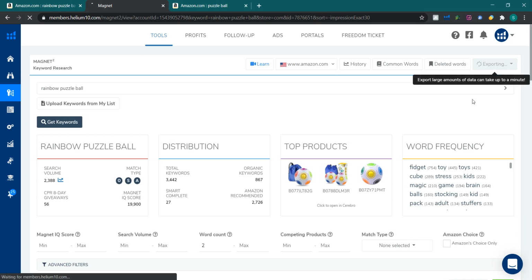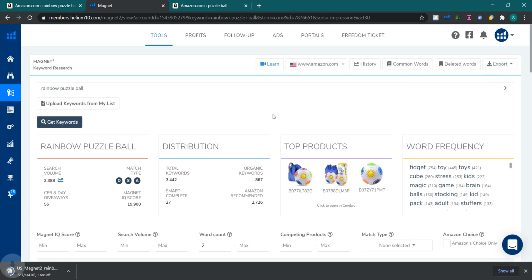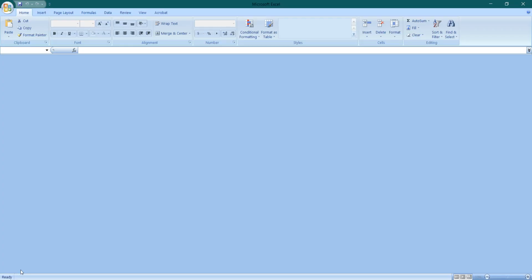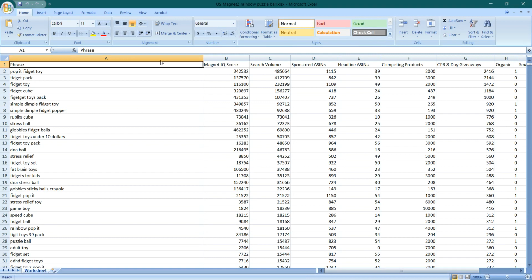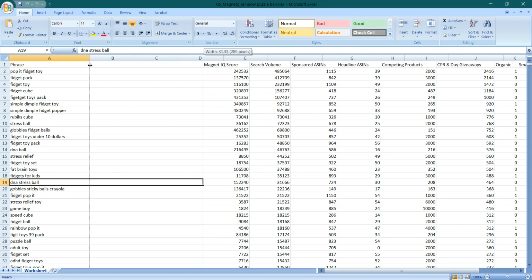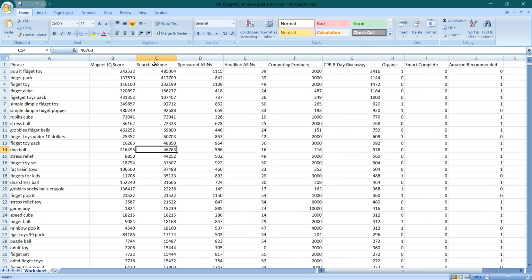Now I will go over here and export this report in Excel format. So this will download the Excel file in this spreadsheet. Okay, so here are the results which we are looking for. This is the search volume, right?